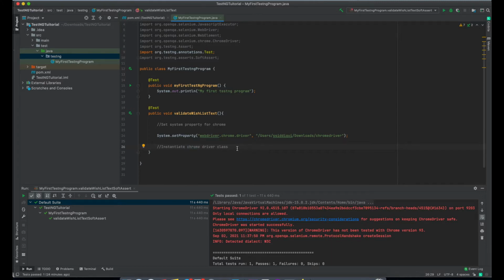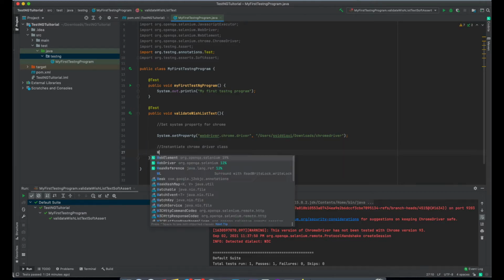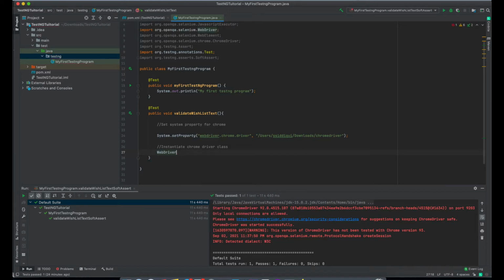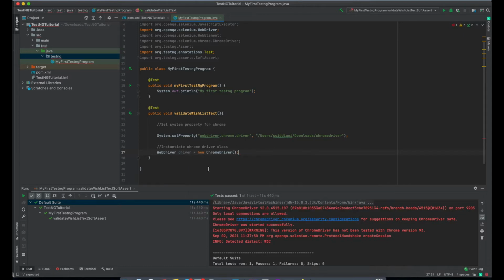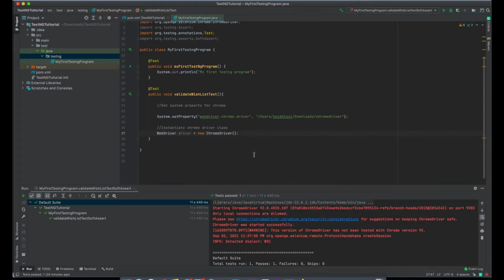How are we going to instantiate the Chrome driver? We are going to create the WebDriver interface, and we are going to call the ChromeDriver class. Once this has been done, we are going to launch the website.